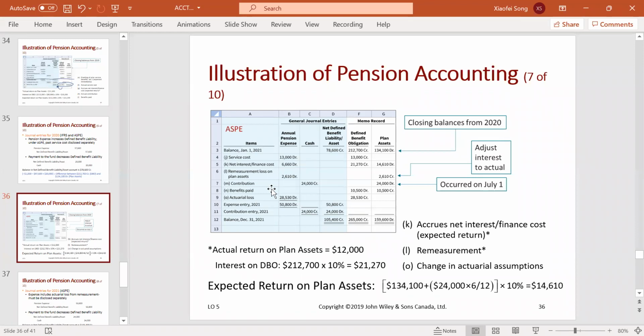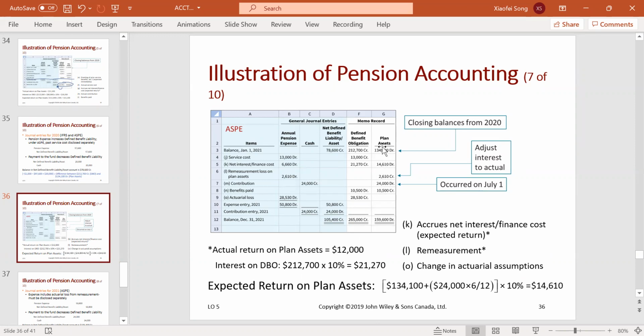But only the expected portion goes into pension expense under IFRS. But we're not talking about IFRS, we're talking about SB, right? So the difference between the actual return, which is 12,000,